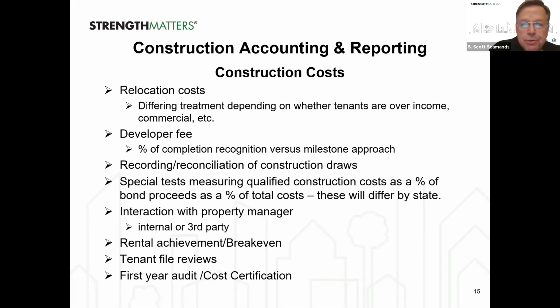Okay, we're going to rush through the rest of the slides so we can take our break here. But the interaction with the property manager is a pretty key point. You may have a captive property management company where you're doing your own property management, or you may have third-party property management, but you're probably starting to sense that there are some deal points that are pretty important to hand off to them when the rental activity starts. They need to know about things like reserve fundings, which lender is asking for how much of reserves,